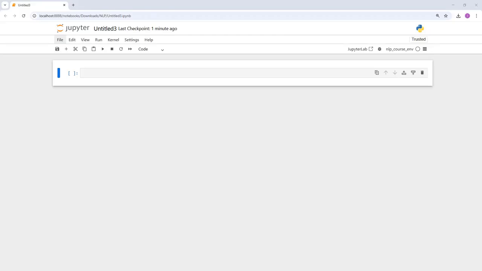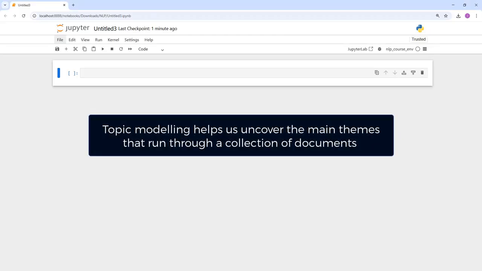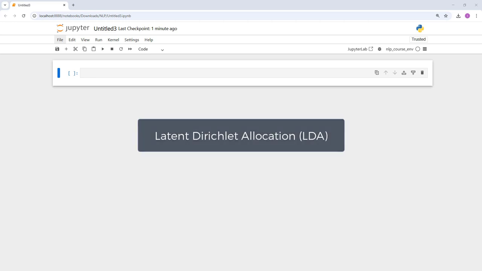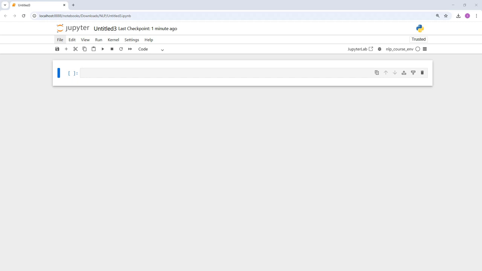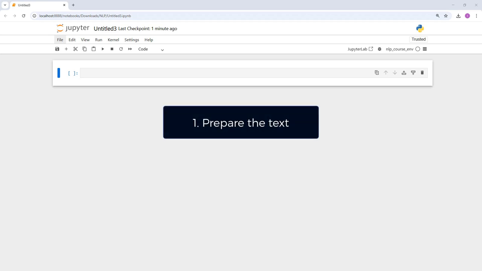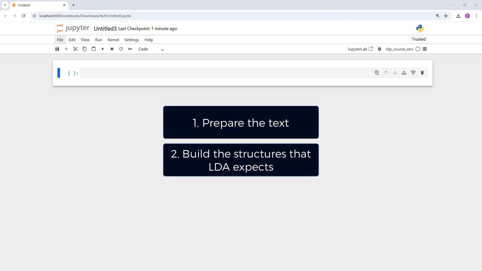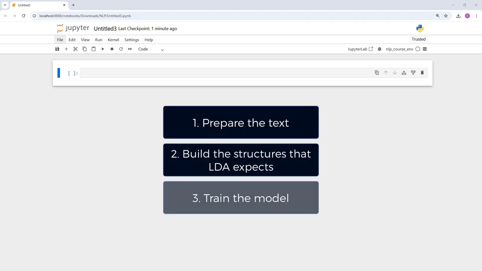Topic modeling helps us uncover the main themes that run through a collection of documents. In this lesson, we'll use the Latent Dirichlet Allocation algorithm to find topics in a set of news articles. To do this, we'll first prepare the text, build the structures the LDA expects, and then train the model with